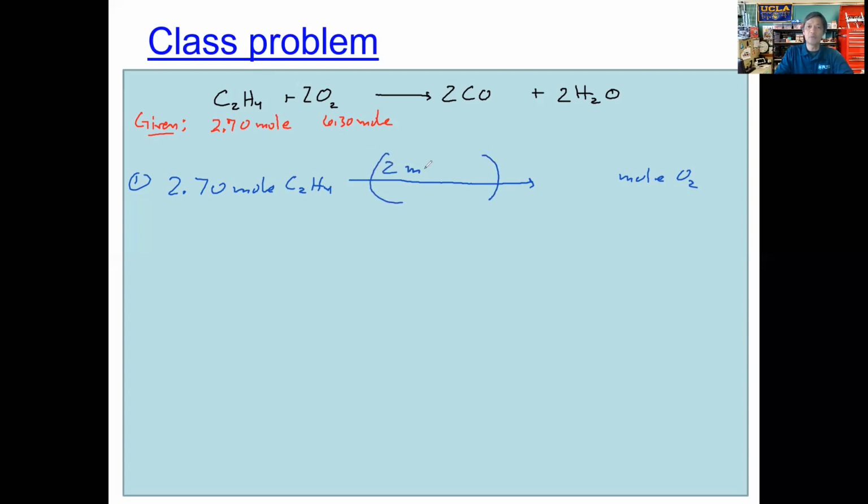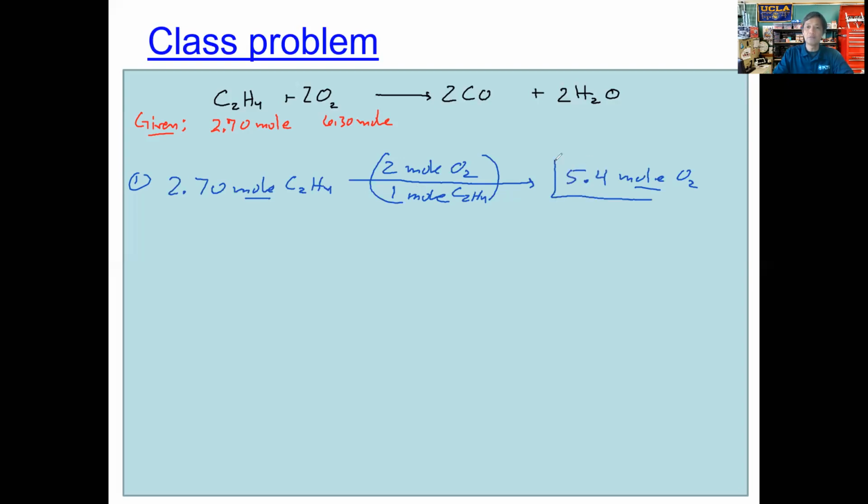We don't need the molar mass here, so don't use that, because the unit is already in moles and we're solving for moles. We don't need the molar mass, we don't need the molar volume, we don't need any of those in this problem. We just need the mole ratio. So it's 2 moles of O2 over 1 mole of C2H4, and you plug that in, you end up with 5.4